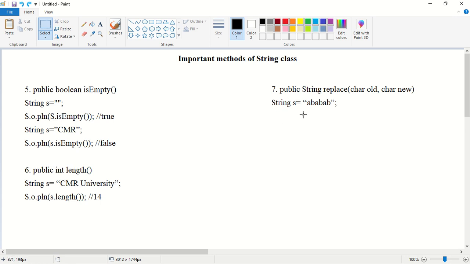Example, string s is equal to aaaaaa. Next, System.out.println s.replace('a', 'b'). So what will happen here? Wherever a is there, it will be replaced by b. Now what will be the output? The output will be b. So this will be the output.